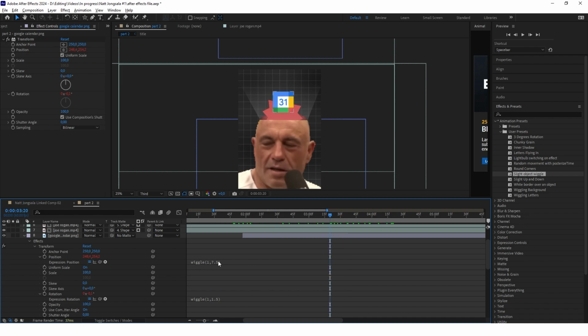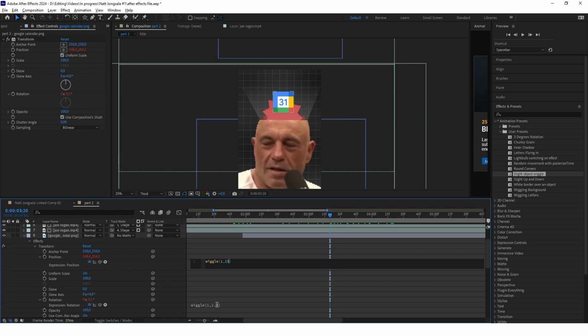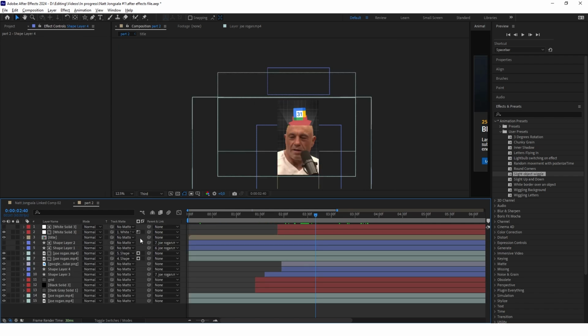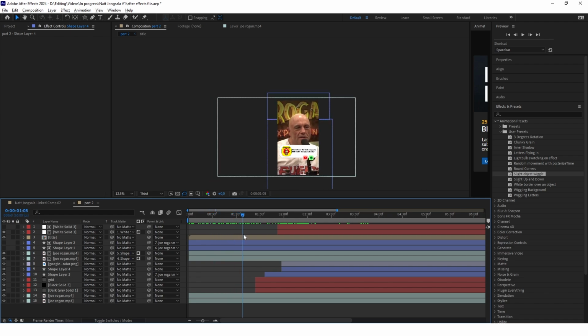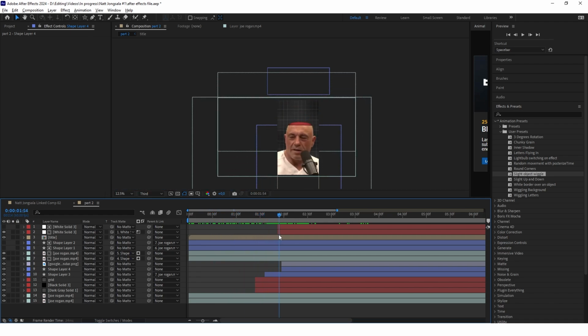Okay, I think with these values it's too subtle on this animation, so we'll increase the second number to 15 on this one, and here to 3.5, let's say. And we'll also change the first number to 2. Okay, the rotation is good, but I think the position is too subtle. So let's change it to 25 maybe even. Okay, yeah, now it's pretty good. And so now let's preview this whole part 2. Okay, yeah, I think it looks really good.